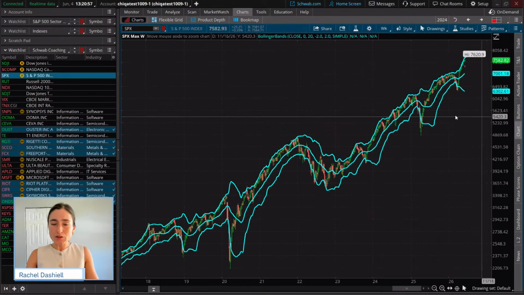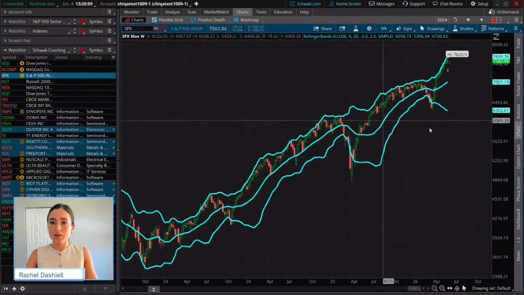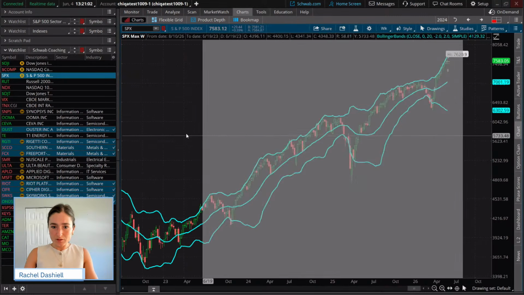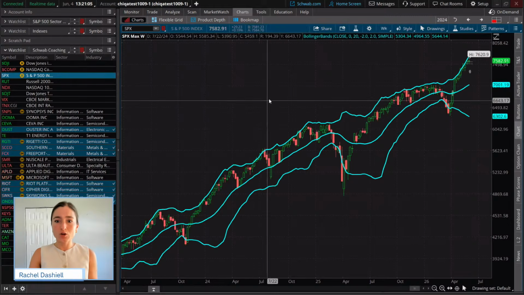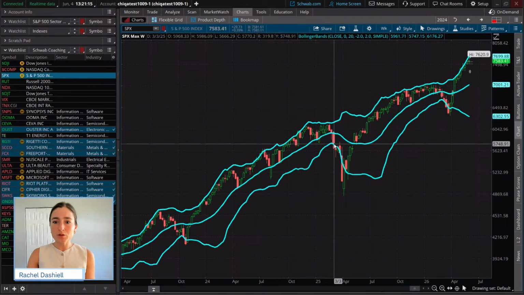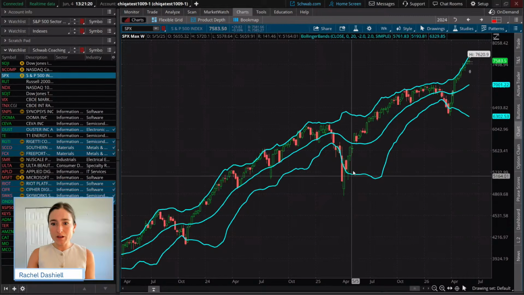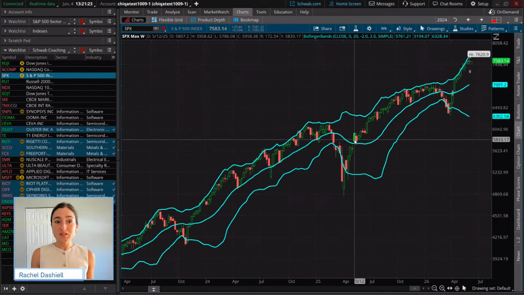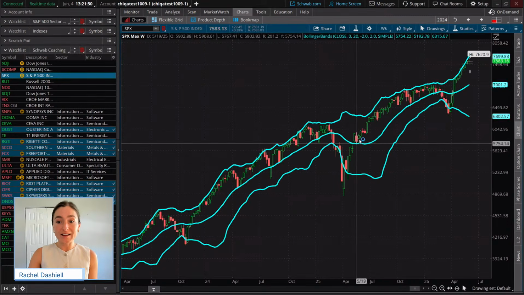So if we look at the Bollinger Bands on the weekly chart of the S&P 500, let's look at a couple of the last cycles here. If we were looking to be, let's say, a short seller, or take a bearish position, we would have looked for this break of that lower band. We would have ridden that all the way down, and this was a very volatile time where if you were a short seller, you probably would have had to close that position at that midline, at that 20 period simple moving average,